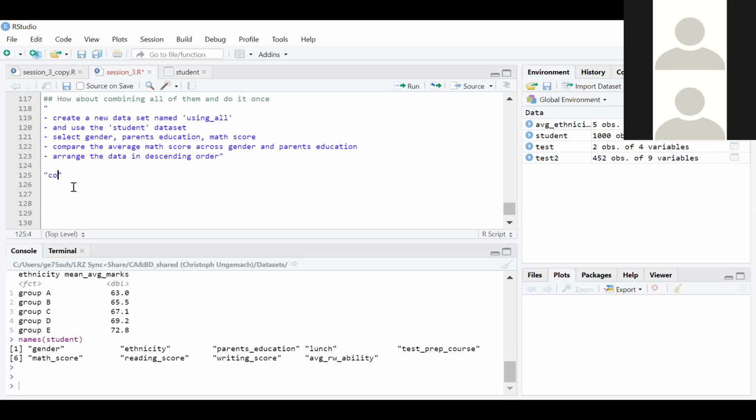Okay. Commands to use in order, okay? So it's in order. So what will come first, what will come next, right? Basically you have a data set and then you are supposed to use the select command, and then you're supposed to compare average math score, right? And so you need to use group by later on,